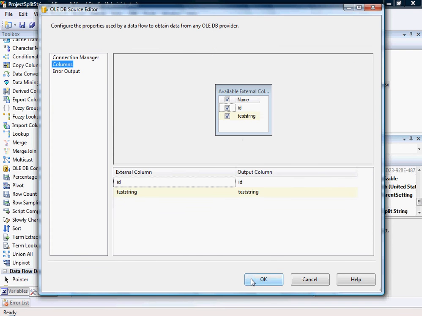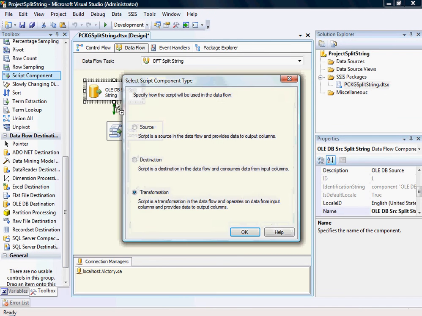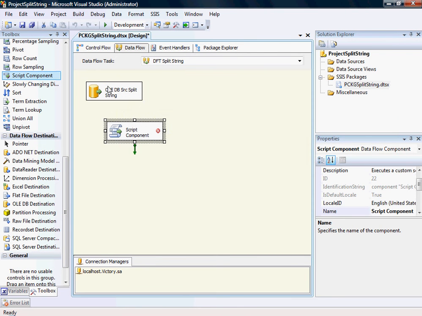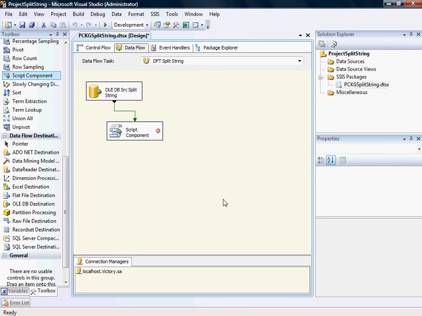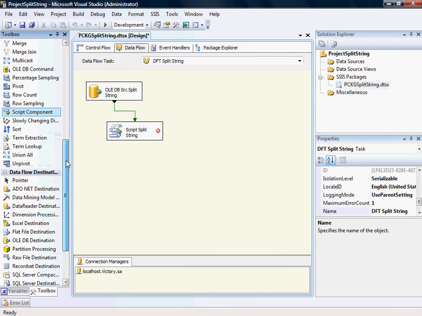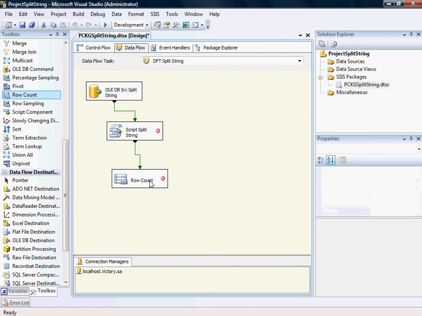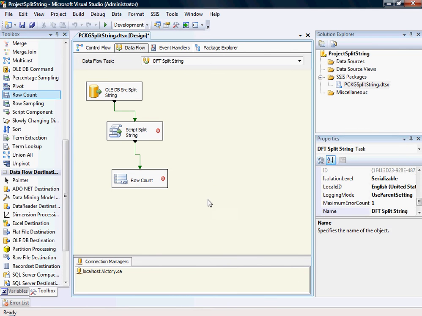So I'm just going to go to the columns, click on OK, and add a new script. And I'm going to use a row count just to check the number of rows, that is the output that I'm getting. Name it as